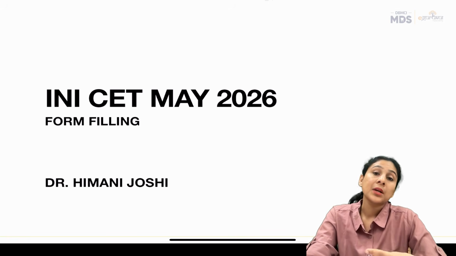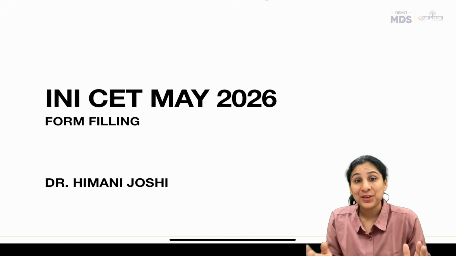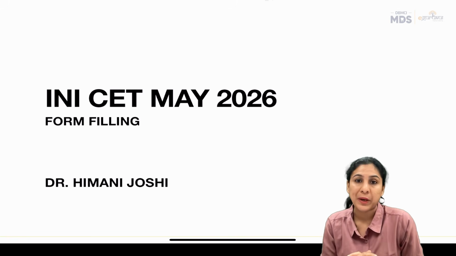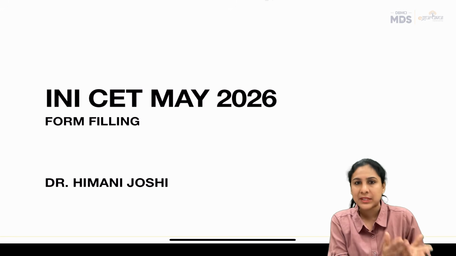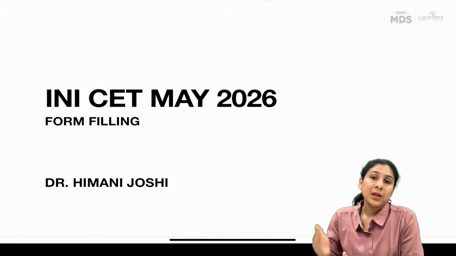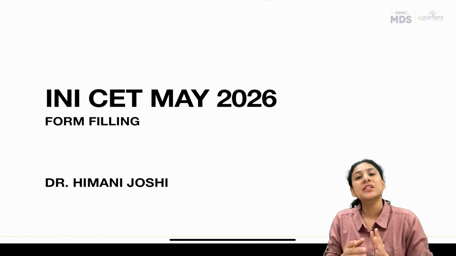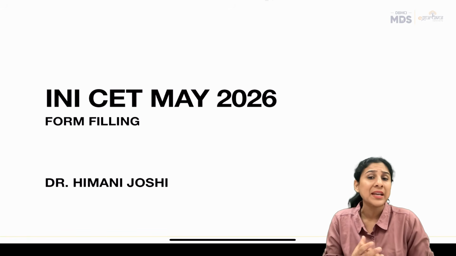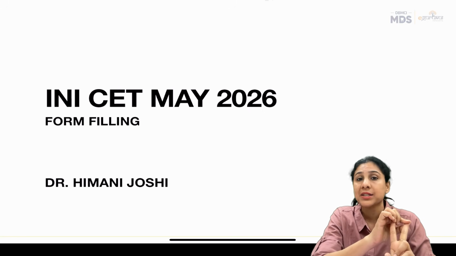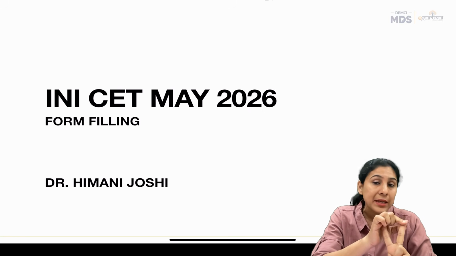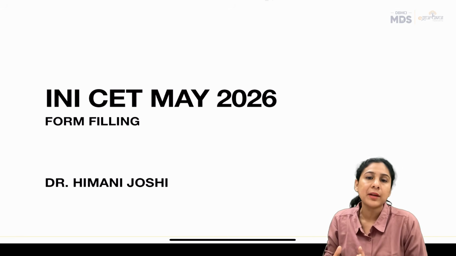That is something new. And the second thing which is new this year is there are two prospectuses. Every year we had only one prospectus. This year there is a prospectus part A, which is the common prospectus for the exam, and part B is a different prospectus for the different INIs. There are three institutes of national importance. For the MDS aspirants, there are two: all the AIIMS, and PGI Chandigarh. So you can read the two separate prospectuses also, wherein the details which are there will be useful to you later.